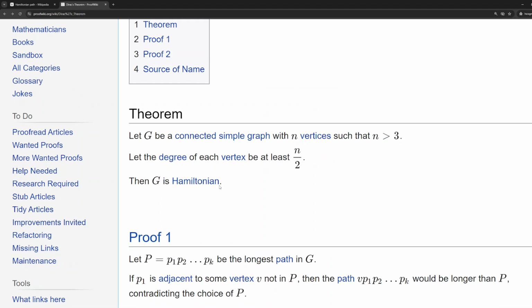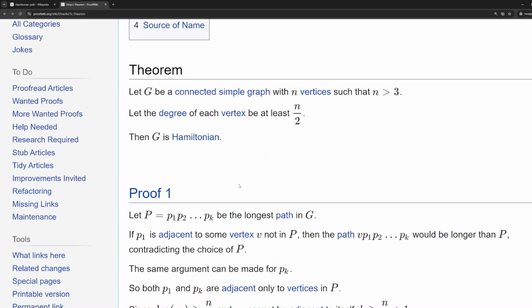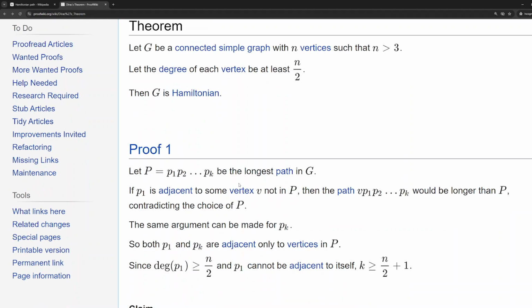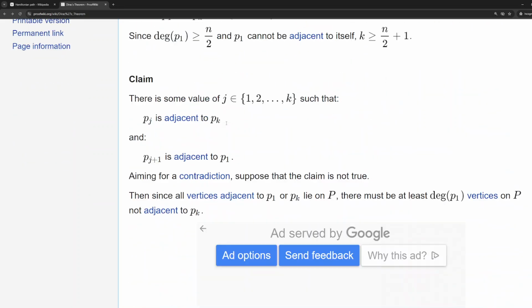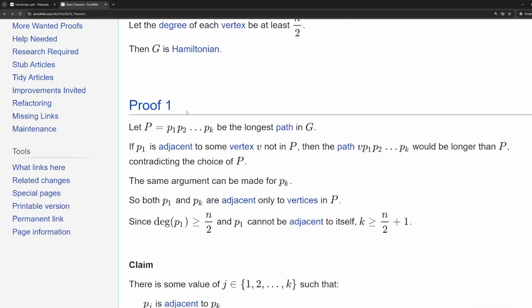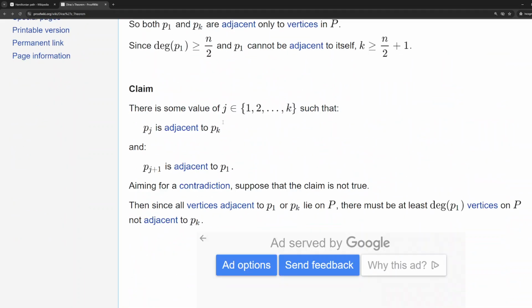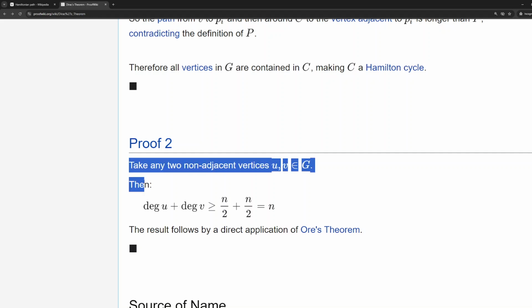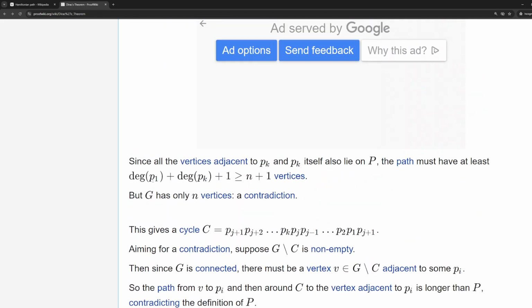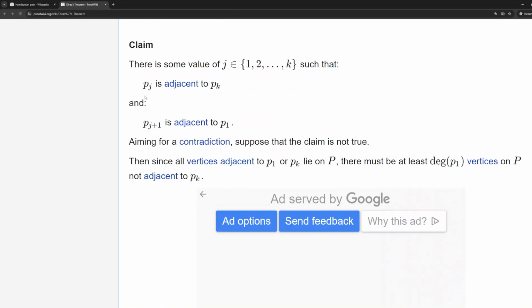But we can see that it was adapted from the correct proof of the correct Hamiltonian theorem, without assuming connectedness. Generally, we look at proof 1, because proof 2 is simply a corollary of Ore's theorem. So this is correct, of course. But proof 1 is the independent proof without using Ore's theorem,